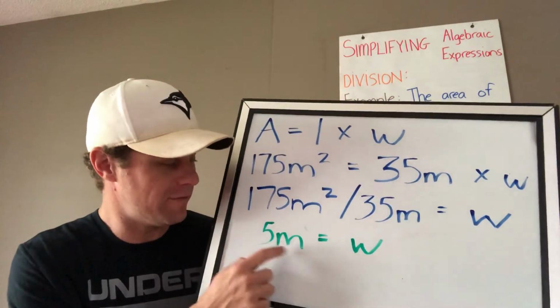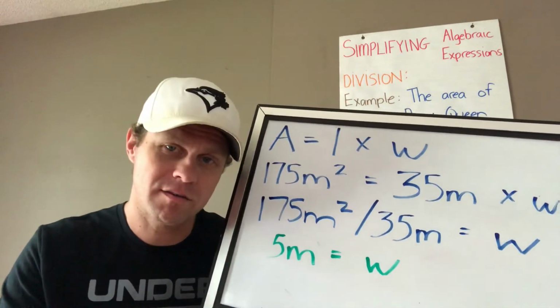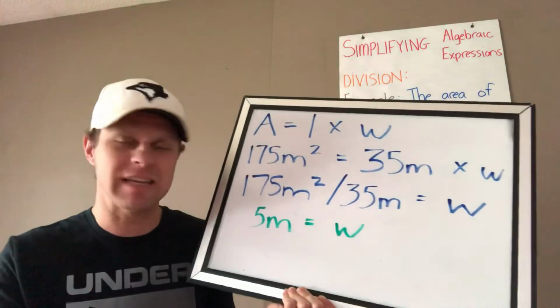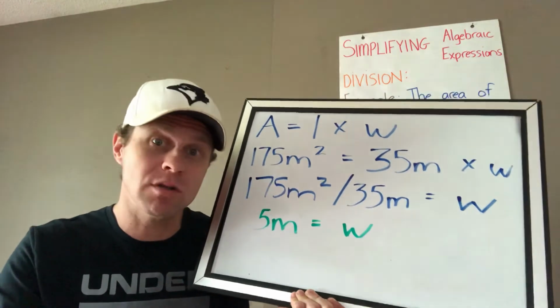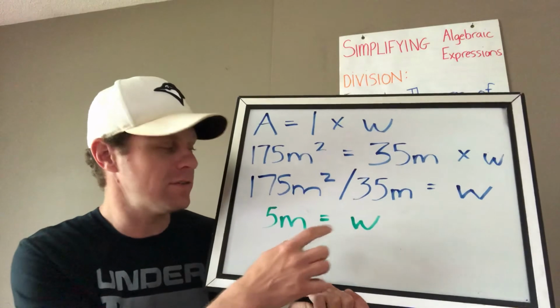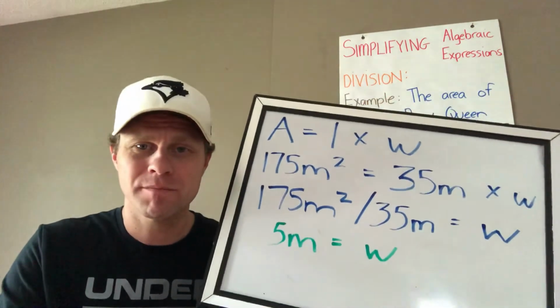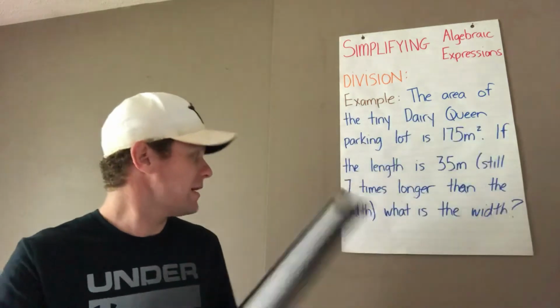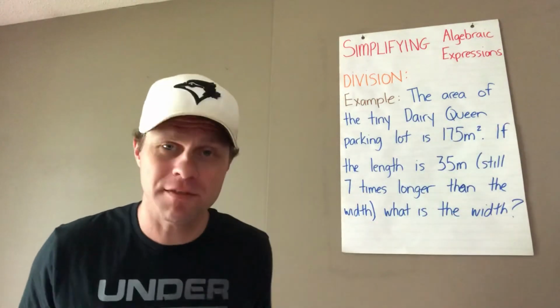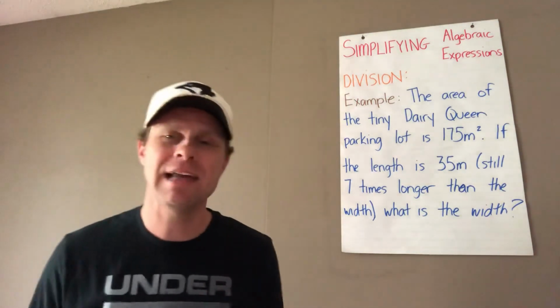So that means that this is 5 meters to the 1, but we don't put a 1 there. Okay? It's like it's there, but it's invisible. It's a ghost 1. Okay? So 5 meters equals width. Does that answer our question? Yeah. Our question is, what is the width? Well, you just figured out what the width is. And since